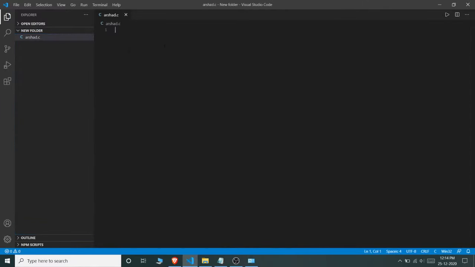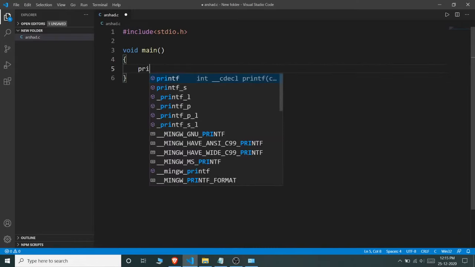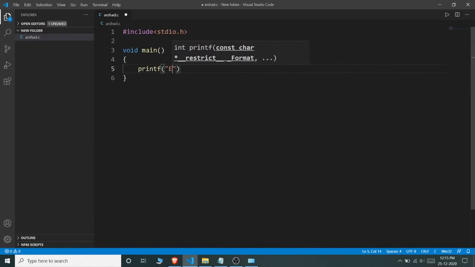Now we will code a simple C program which will print hello world. I am declaring the header file section as #include stdio.h for our standard input and output. Now here I am including this library because I am going to use the printf statement to display output on my console. Now here I am creating the main function. I don't want any return value, so I am using void function here. Void main. After that, printf hello world. After that, don't forget to use the semicolon.